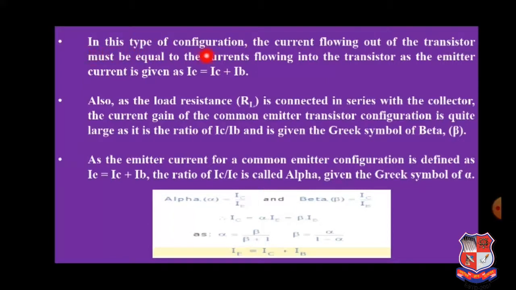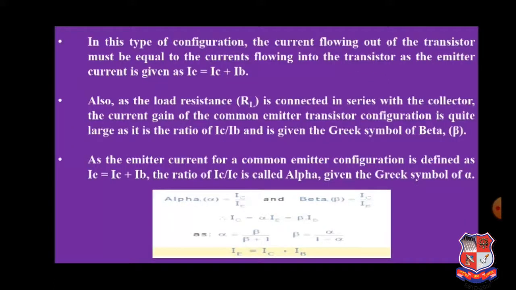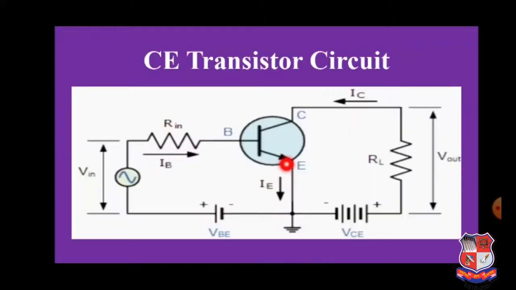In this type of configuration, the current flowing out of the transistor, so here which are the current flowing out of the transistor? So here first of all we can say IE must be equal to the current flowing into the transistor, as the emitter current is given as here the current is flowing out of the transistor, that is IE, and the currents entering the terminal, that is IB plus IC, which is the sum of base and collector